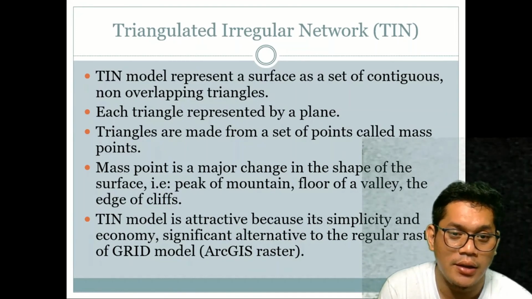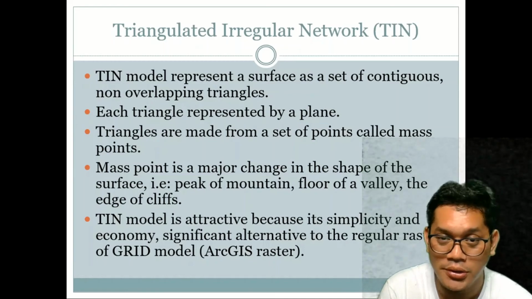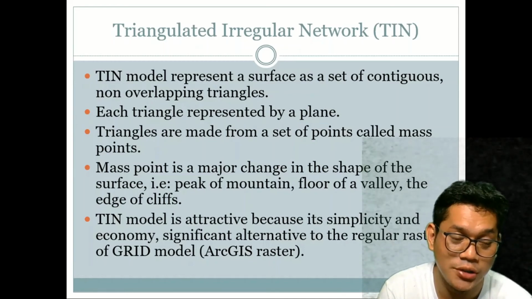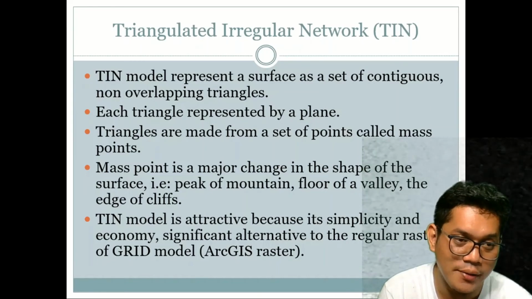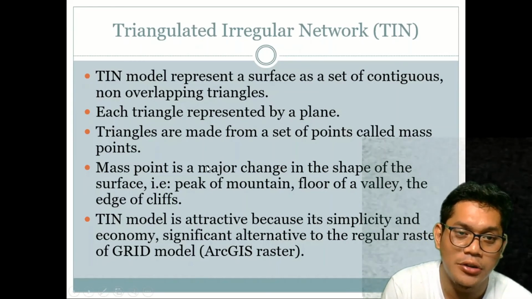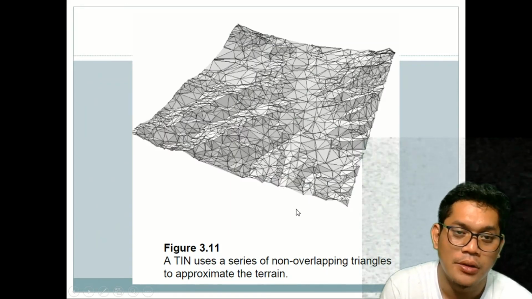Okay, it is derived from the points that we collected, the mesh points, which are the elevation of the area, and we try to make it into 3D, something like this. Okay, so